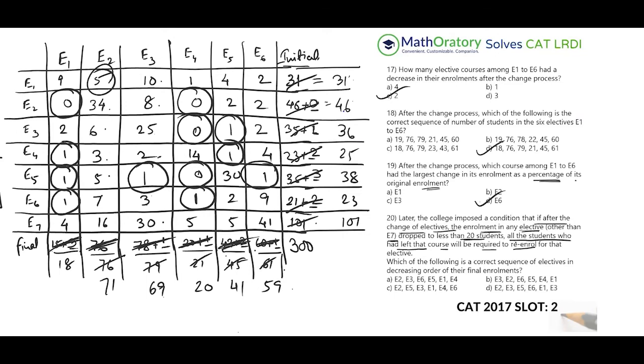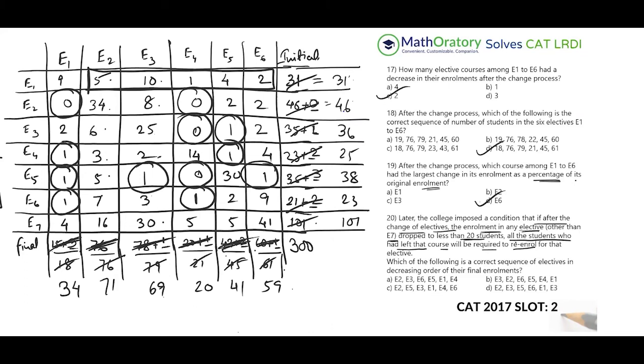5 out of 76, 10 out of 79, 1 out of this, and so on. And just simply add these numbers. So this 5, 10, 1, 4, 2. So that is what 5, 10, 1 is 20. And you have 6. So that is basically 26 added. So just add 26 to 18. You get a total of 34, right?